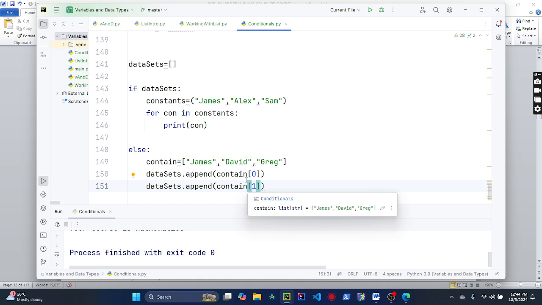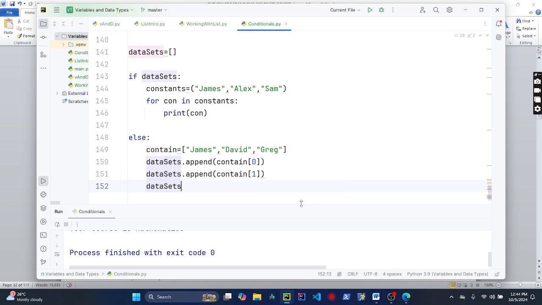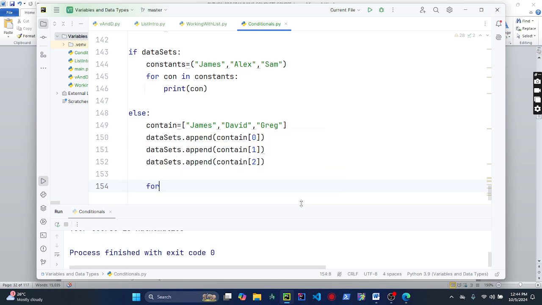We have treated this before when we looked at introduction to lists. So if you can't remember, just go and watch my video on introduction to lists and you would understand what I'm doing here. So I'm targeting each element at their specified index and I'm adding them to the list that was previously empty. Data set append, then saying at the 2 index. After that, here and for data in